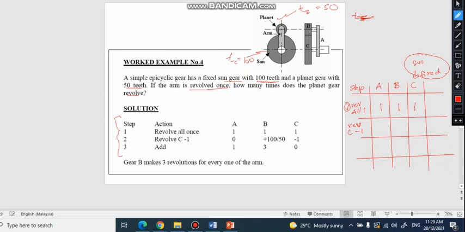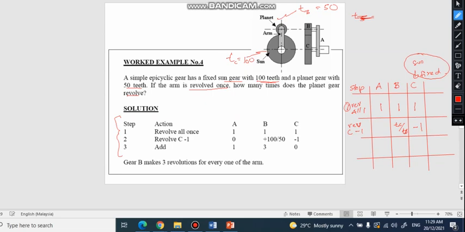So C, since C is fixed, then we revolve it minus one, and C meshes with planet gear B, right? So because of that, if C revolves minus one, B will revolve TC over TB,